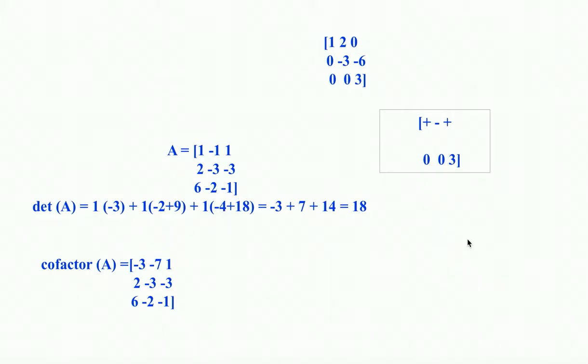What about second row, first column? Minus. It has to start with minus. Second row, second column, 2 plus 2, 4, that is plus. Second row, third column, 2 plus 3, 5 is odd number, so minus. Okay, it made our job easier. This is even number, 3 plus 1, third row, first column, so plus. Next, third row, second column, odd number, so minus. Odd number minus, right? Even number plus: minus 1 whole power even number is plus, minus 1 whole power odd number is going to be negative, right?